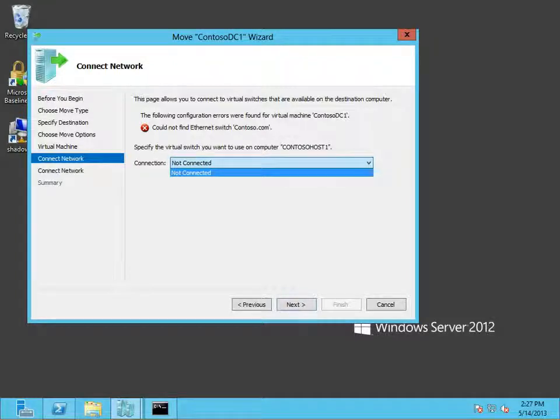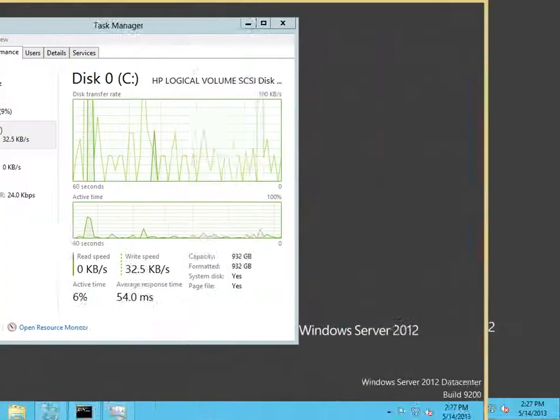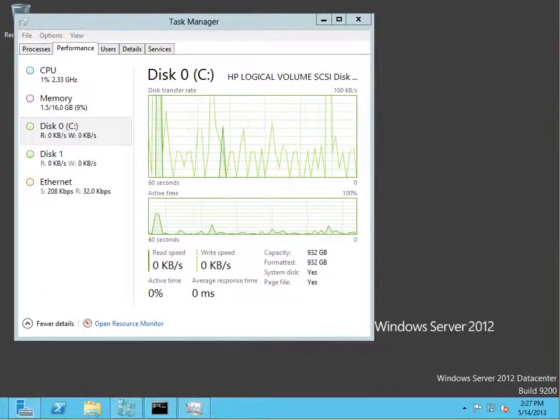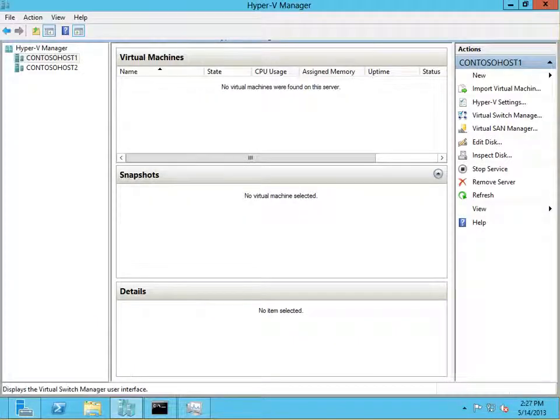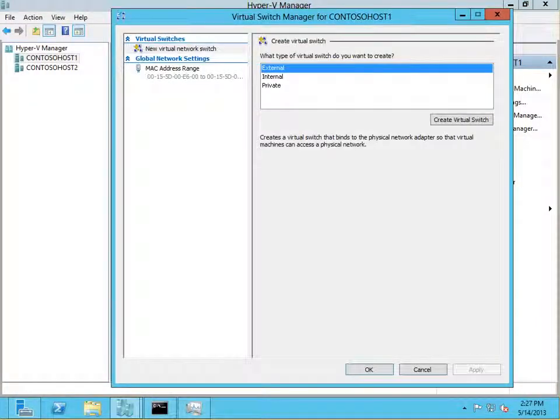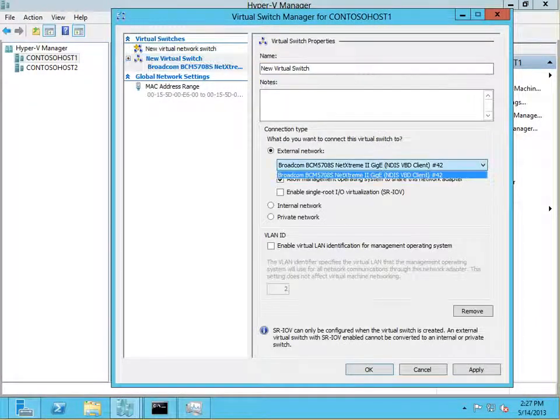And as you can see by dropping down, I have none. So let's go over there and create a vSwitch real quick. And so we'll go into Virtual Switch Manager. We're going to create an external network, and we're going to attach it to this little Broadcom card. We're going to call it the same